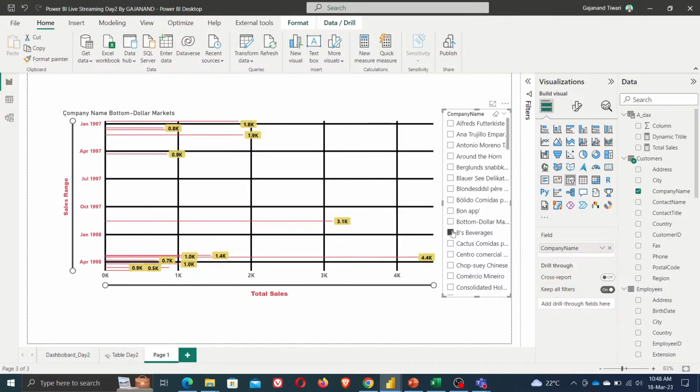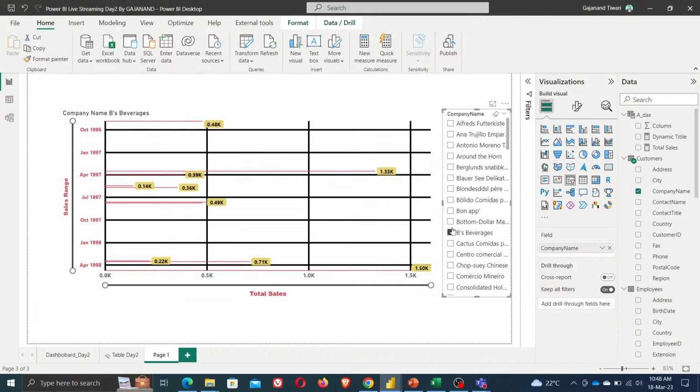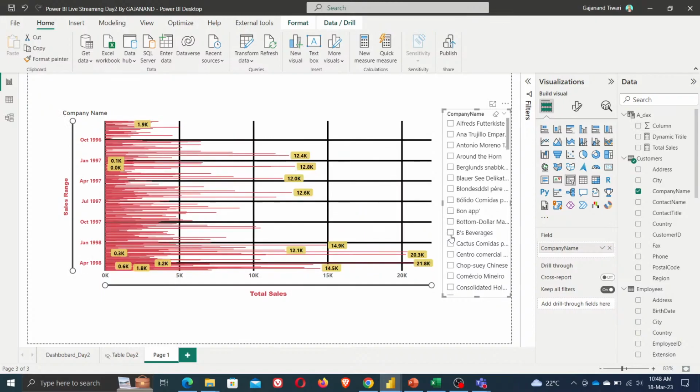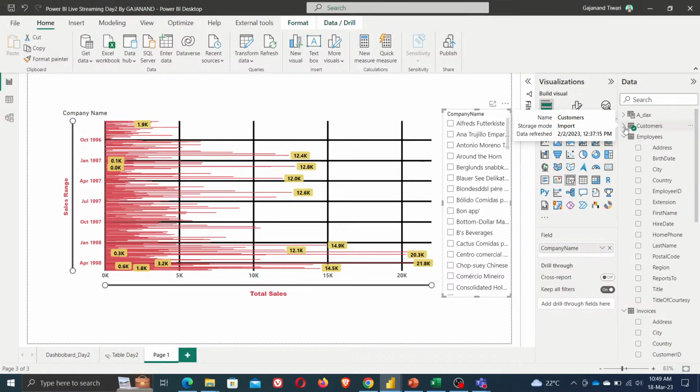Okay, so hope you understood. If anyone has any question about dynamic title, let me know. Okay, don't worry. And you will also get this PBIX, and the link is already pasted, so you can get that. Okay, now